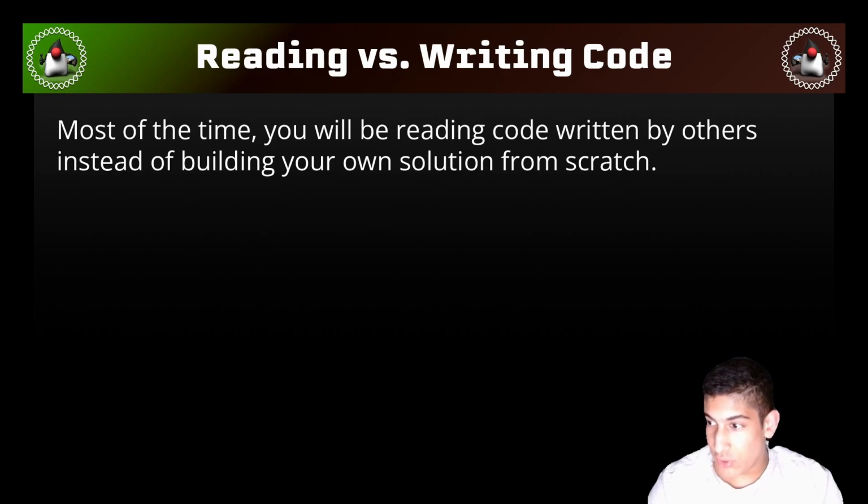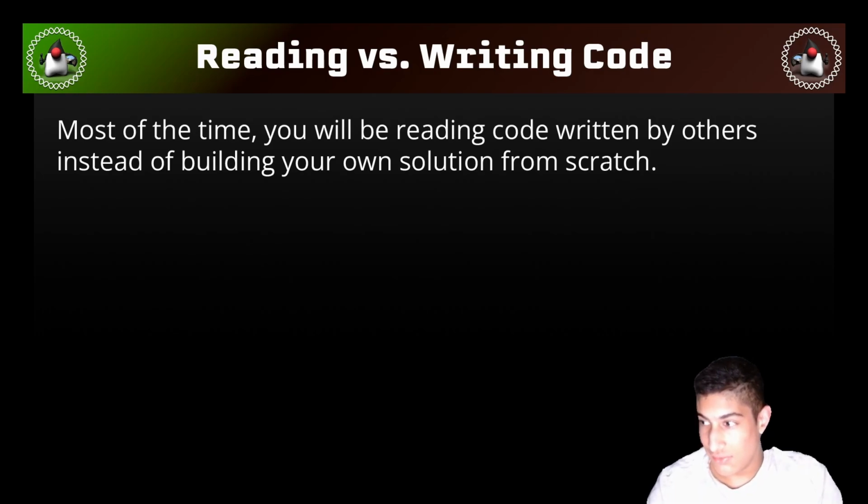And before you actually start building on others' work, you'll have to read it and understand it. So that's why it's important to know how to effectively read others' code so that it's easier to understand